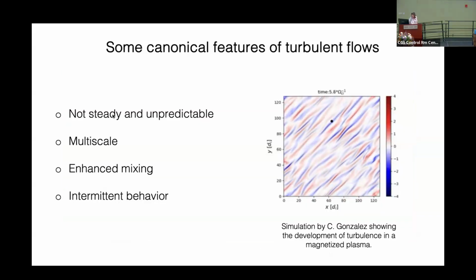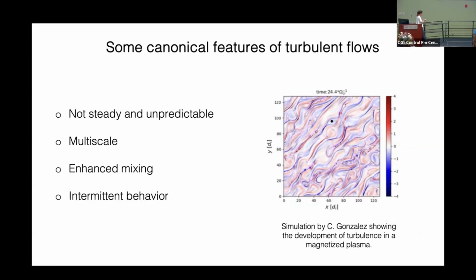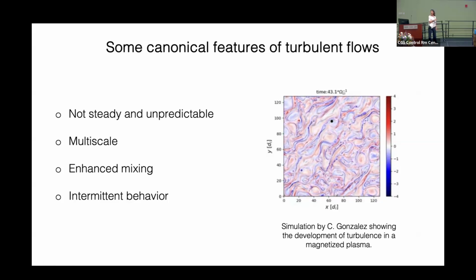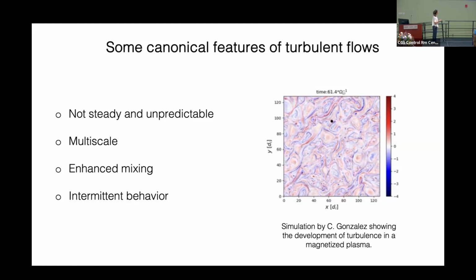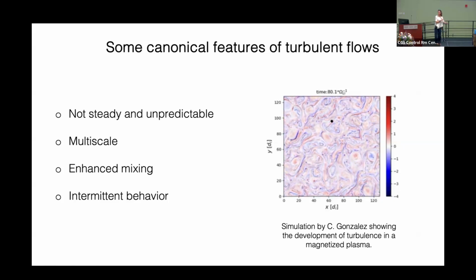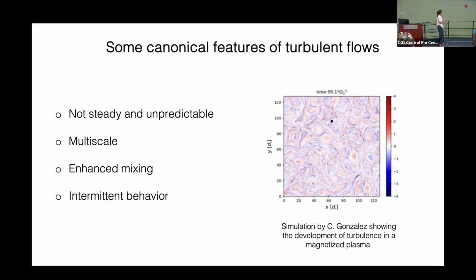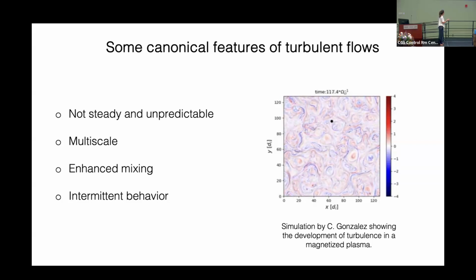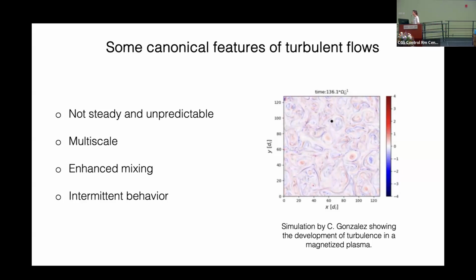This movie here, which is developing slowly, shows the development of turbulence in a magnetized plasma, okay? So you can see that as time goes by, you are forming structures. What you are seeing here in color code is the current density out of the plane, okay? In the XY plane, and you have a strong magnetic field coming out. And so you can see that you are forming here structures that are qualitatively similar to what I showed you in the previous movie.